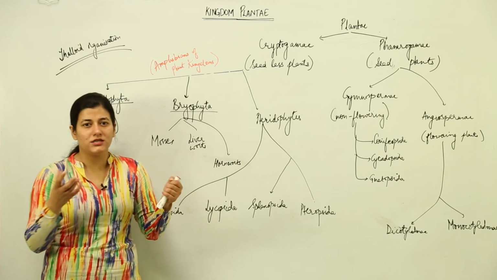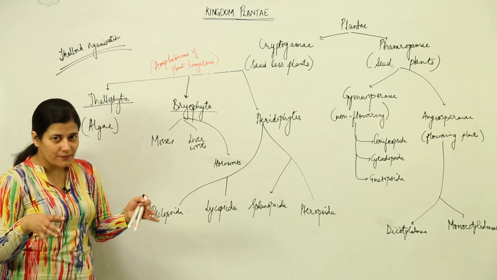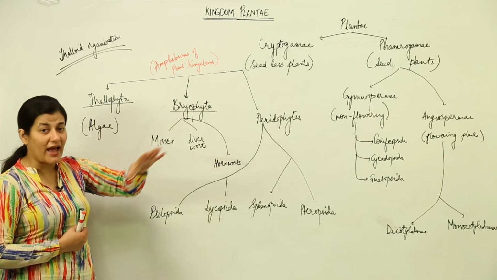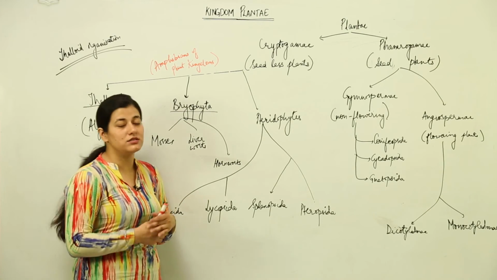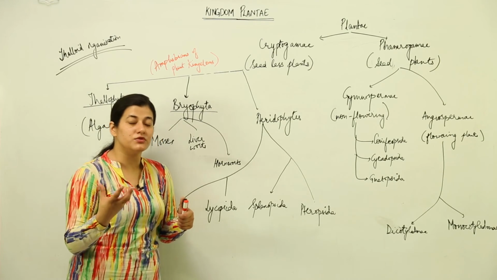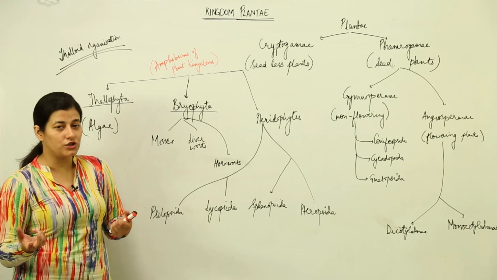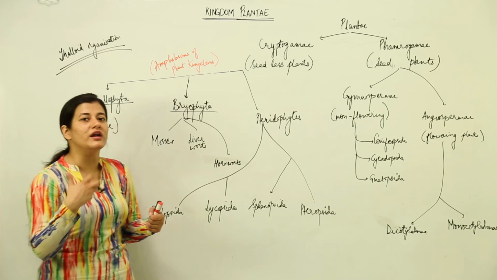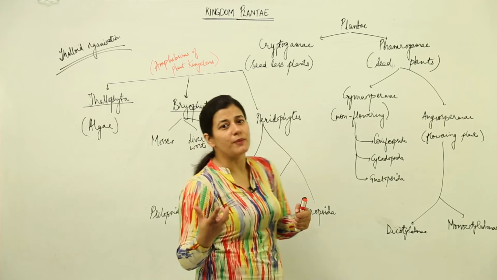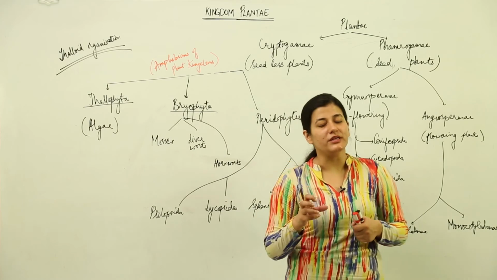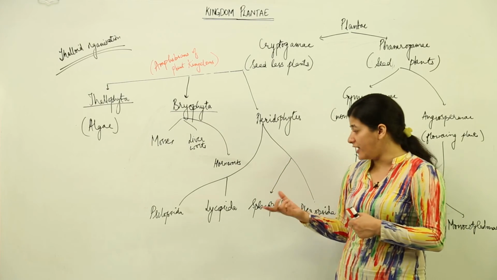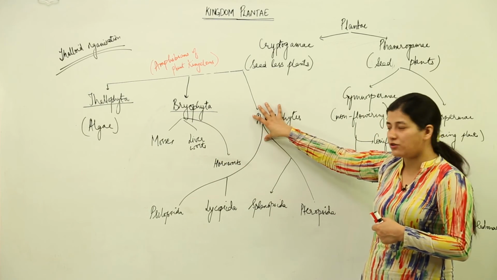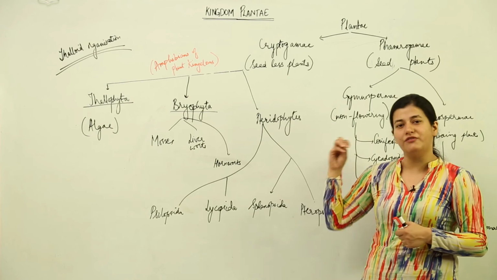They have confined their characteristics to a particular spectrum, and that's why they could not get as advanced as the phanerogams got, and as diverse. When I say advanced, I am referring to that particular class which is highly diverse in nature. And for diversity, you need to develop certain characters which make you more adaptable to given conditions. That is part of evolution. But for now, because we take cytological and phylogenetic references in the classification, these pteridophytes include the ferns,